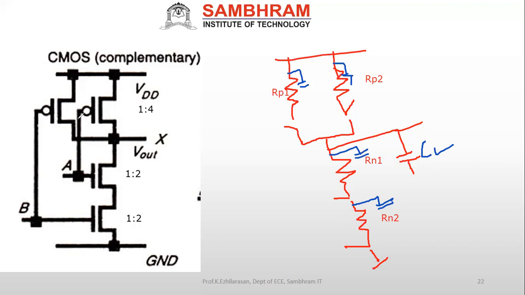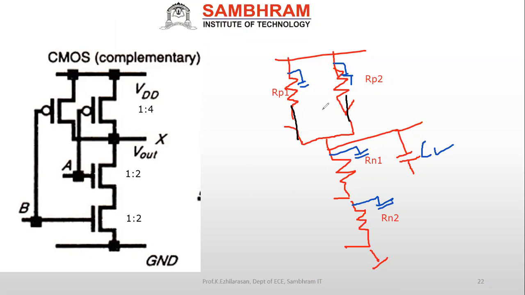Now you see in this, this is an AND gate, right? When I apply 0, 1, for example, A equal to 0, B equal to 1, what will happen? Or you think about when both are 0, 0, or both are 1, 1. You see in that way. When both are 0, 0, your PMOS will be on. So I can say this will be short circuited, correct? This both are open circuit.